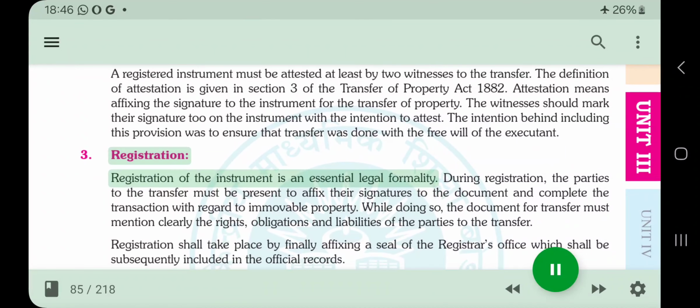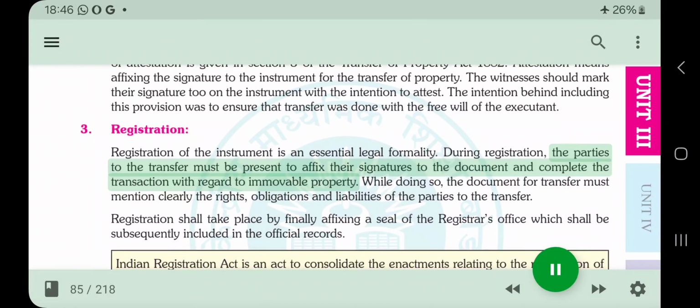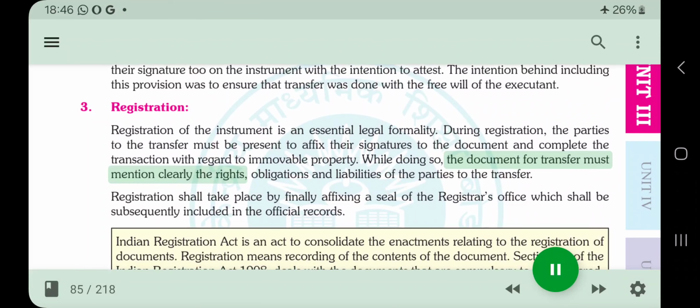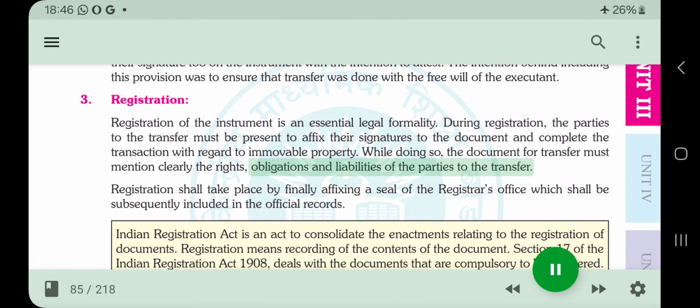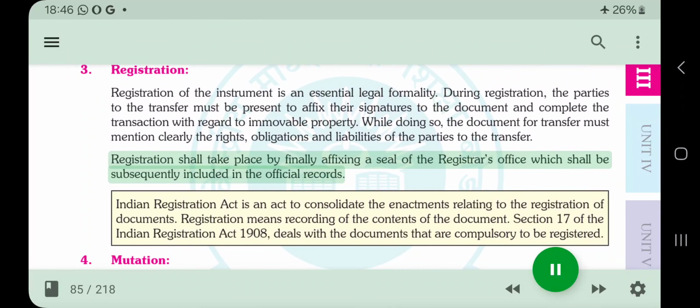3. Registration. Registration of the instrument is an essential legal formality. During registration, the parties to the transfer must be present to affix their signatures to the document and complete the transaction with regard to a movable property. While doing so, the document for transfer must mention clearly the rights, obligations, and liabilities of the parties to the transfer. Registration shall take place by finally affixing a seal of the registrar's office, which shall be subsequently included in